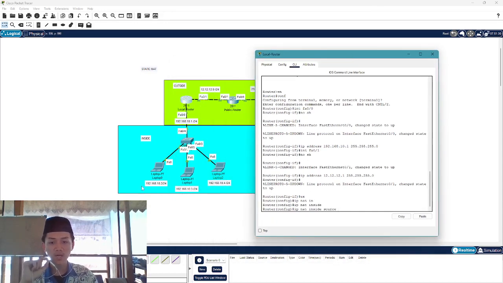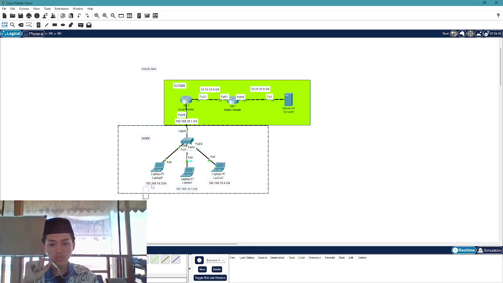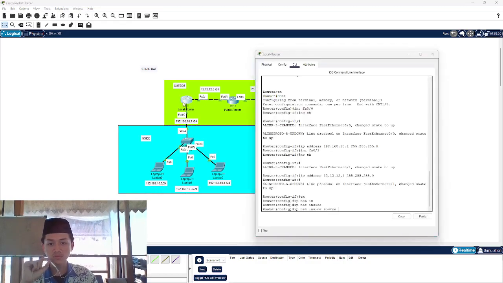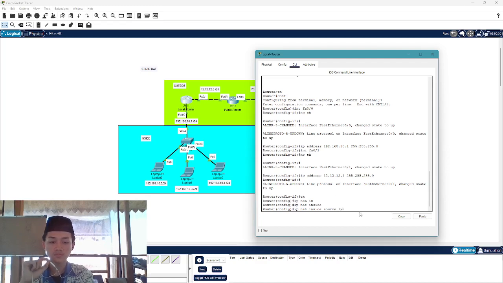For example, I want this laptop's IP to become a public IP. So this IP, 192.168.10.2, I would like to change it with